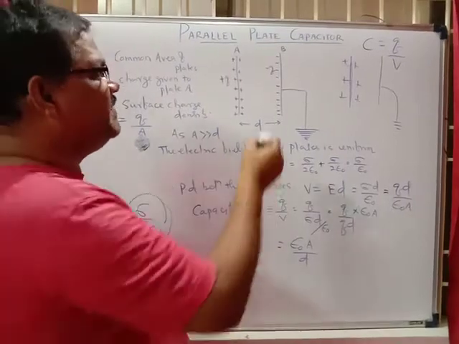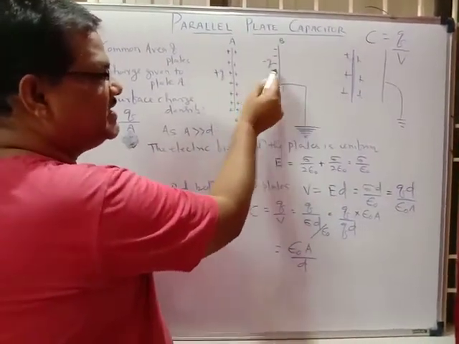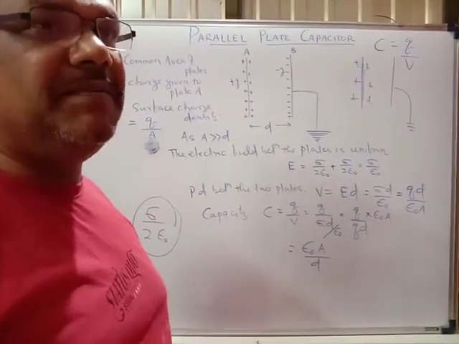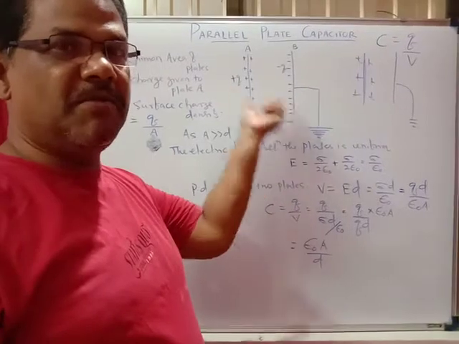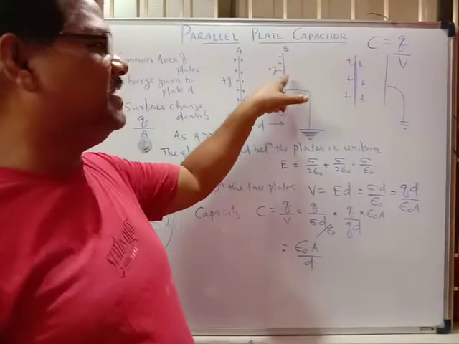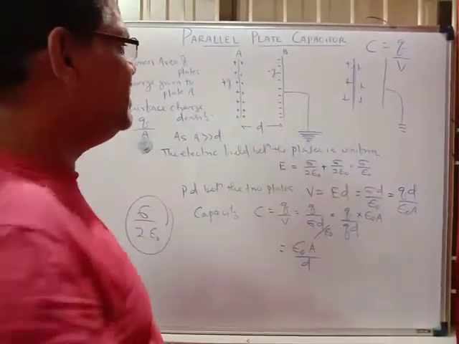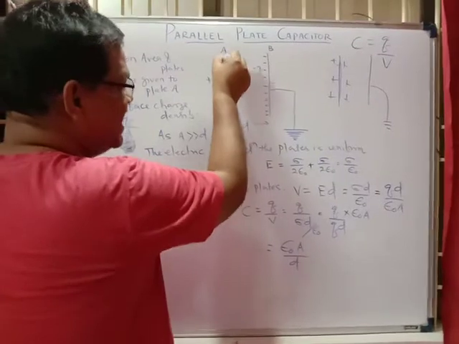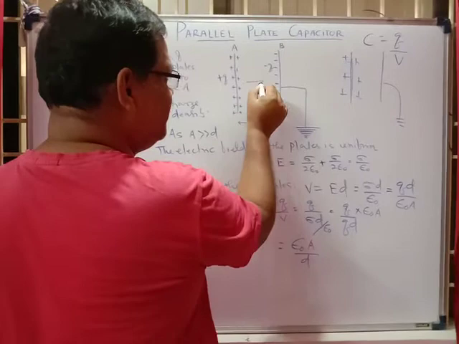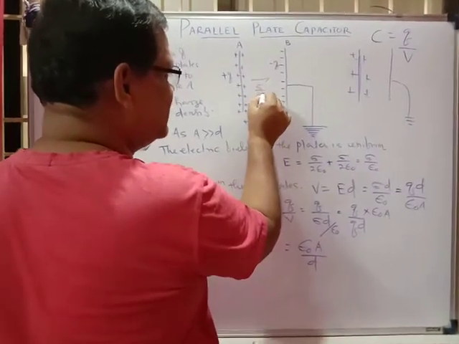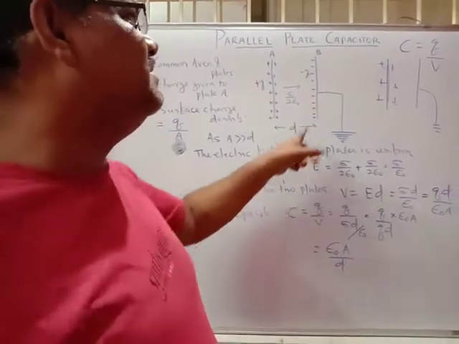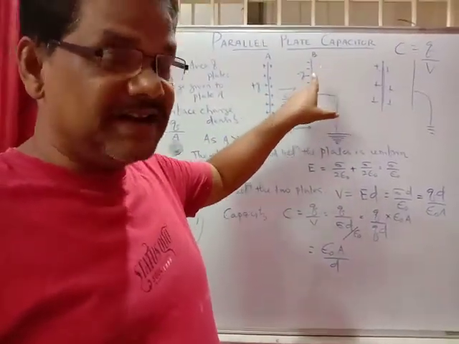If you consider the electric field in between the plates, what should be its nature? The electric field will be uniform, because d is very small compared with A. One electric field is produced by this lamina, and another by the other lamina. The field produced by this lamina is sigma upon 2 epsilon naught, directed outward, that is, towards the right. And what will be the electric field produced by the second plate B, which is negatively charged?